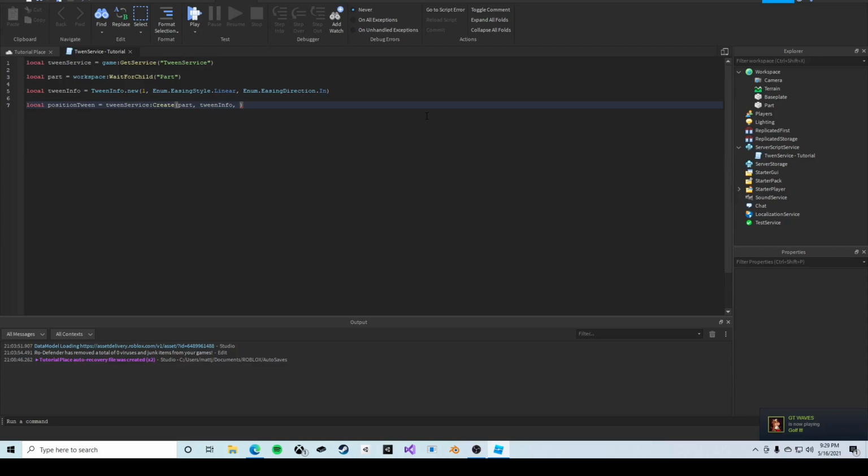But to tween these, we have to make a table for it. So in this case, if we just want to tween the position, we could write position equals Vector3.new 0, 10, 10. In fact, we'll do 0, 5, 10. We're not going to edit the y position. Then simply to play our tween, we just write position tween colon play, written as a function,